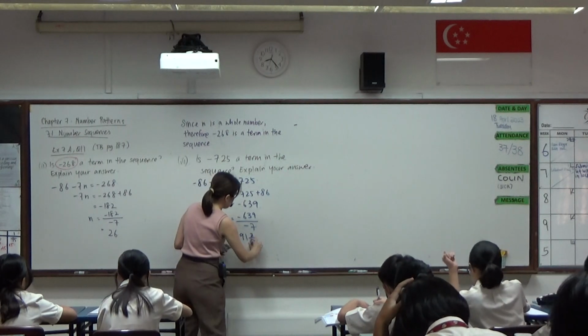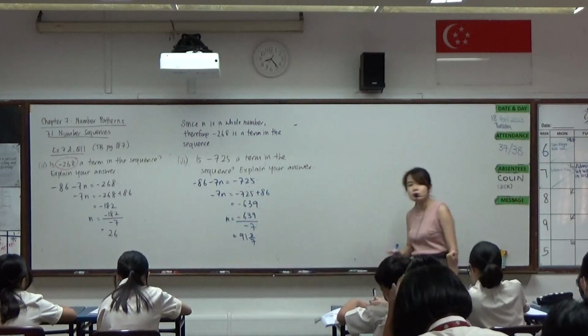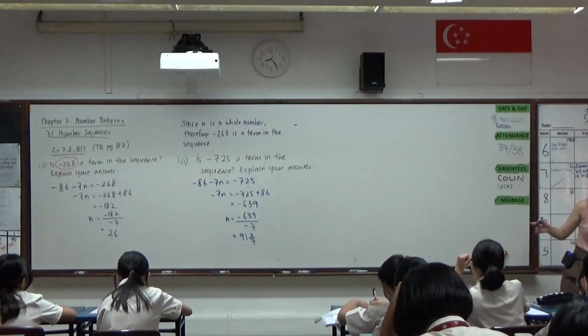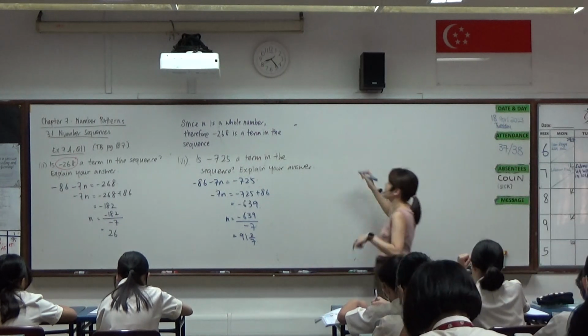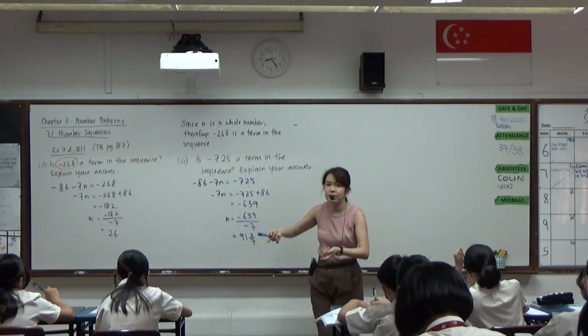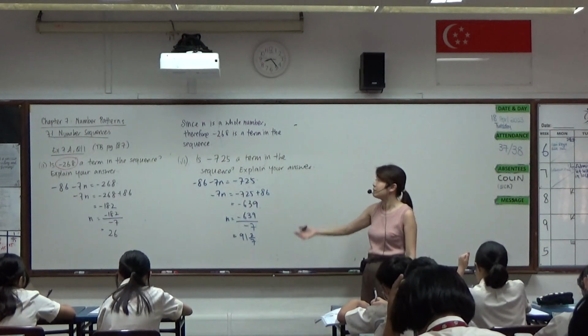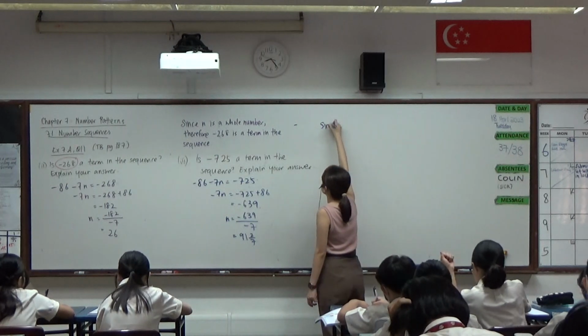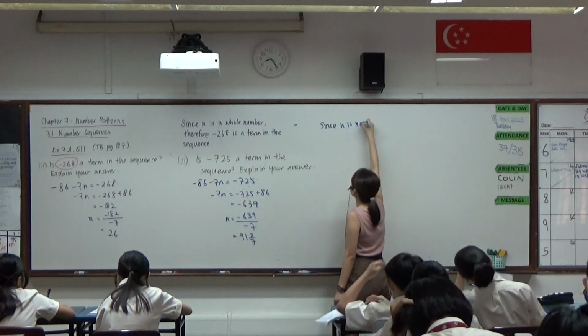And 2 over 7. Okay, so in this particular case, we see that n is actually a mixed number. So because it is a mixed number, it is not possible to be a term itself. Okay, it cannot be a term number itself. Therefore, we conclude by saying that since n is not a whole number,